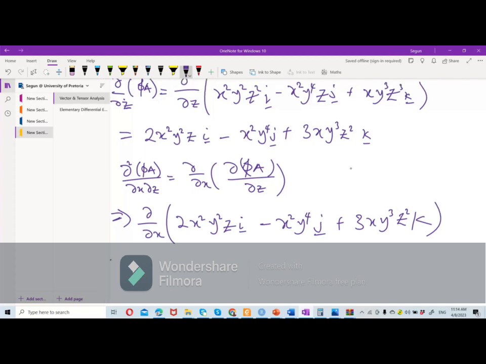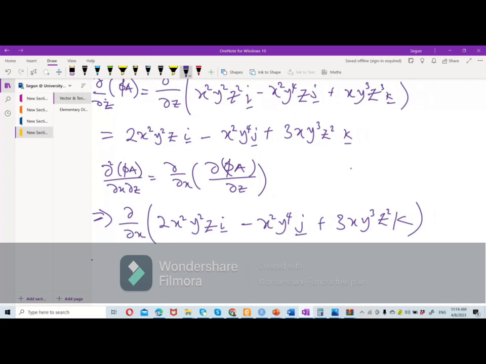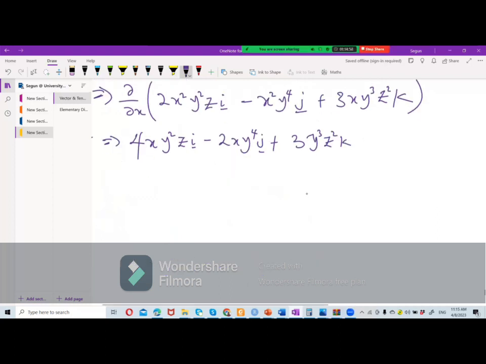So it's going to be what? Let's differentiate this with respect to x. 4xy squared z i minus 2xy4 j plus 3y cubed z squared k. Any question? Then we can now proceed by doing this cube of phi A, the x squared, the z will be